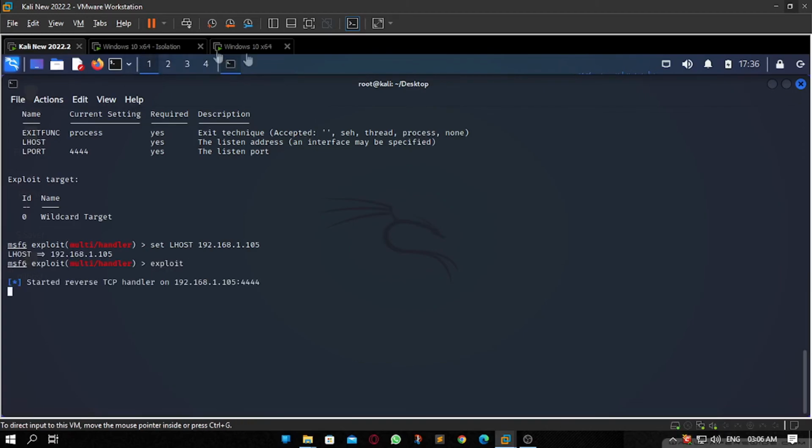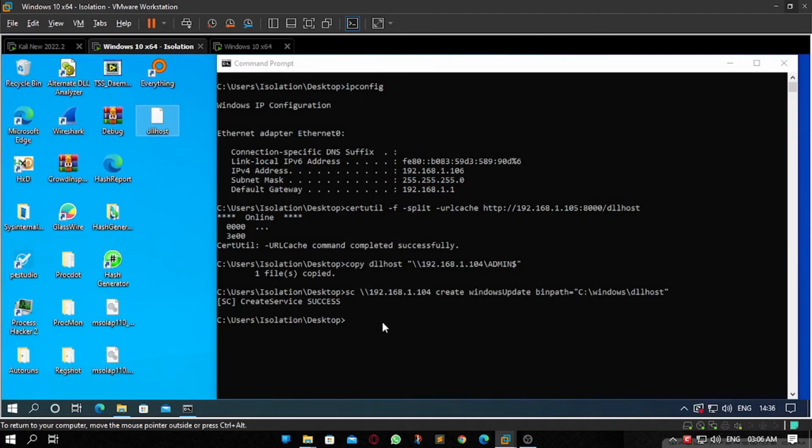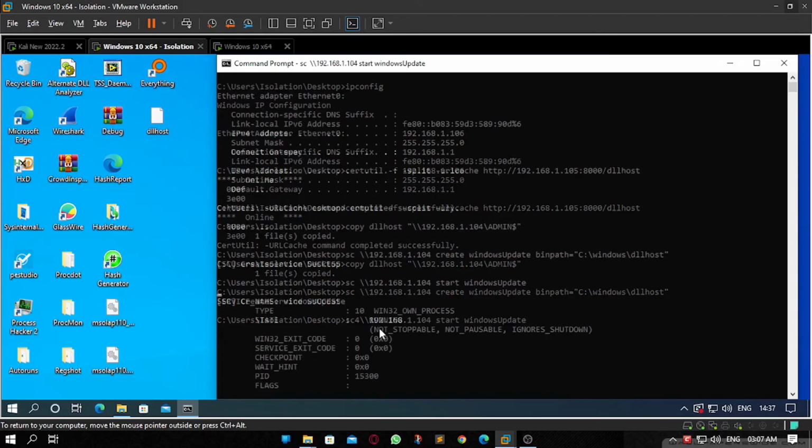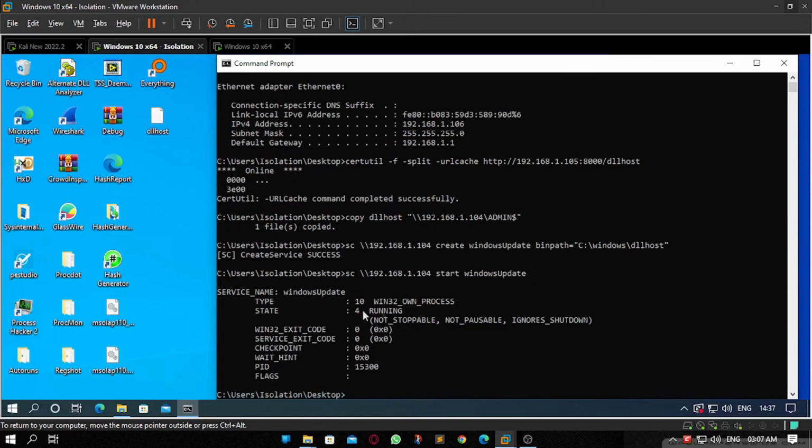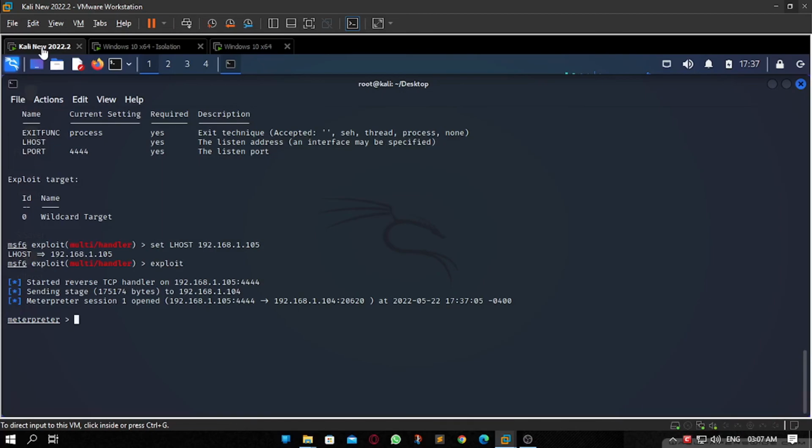Now, as of now, I have created the service. Now I have to start the service. So similarly, I will just go with service exe. Again, because I'm doing this remotely, I have to go with 1.104, and this time I will go ahead with start Windows update. It is showing that the service is running, and I should get a connection back by now, and here it